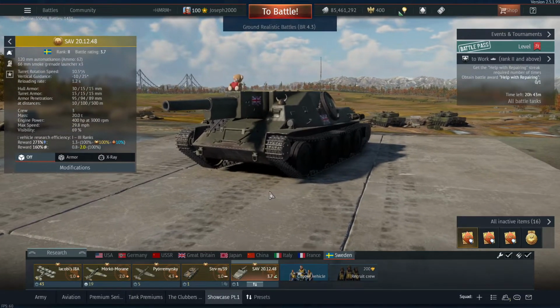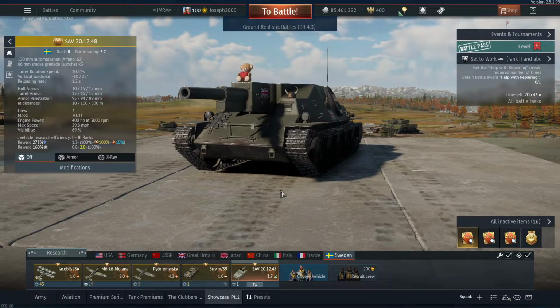Then we come to this. The Saab 2012-48. A tank that, funny enough, one of my subs and one of my now mods actually bought me. This was bought by Mr. Admiral 6Y2, and this is definitely a tank that not only means a lot to me because we've always had our good banter on the Discord, me and Admiral, but this is a tank that when it first came out, everyone and their mothers were screaming overpowered, and then they actually got an up tier, and